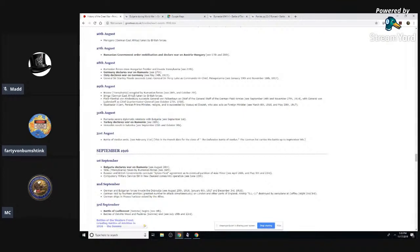All right, in Transylvania, Bratislava is occupied by the Romanian forces. Another area in East Africa is taken by the British forces. Field Marshal von Hindenburg succeeds General von Falkenhayn as Chief of Staff of the German Field Armies, and General von Ludendorff becomes Chief Quartermaster General. This is important in regards to the Eastern Front because the Russians,